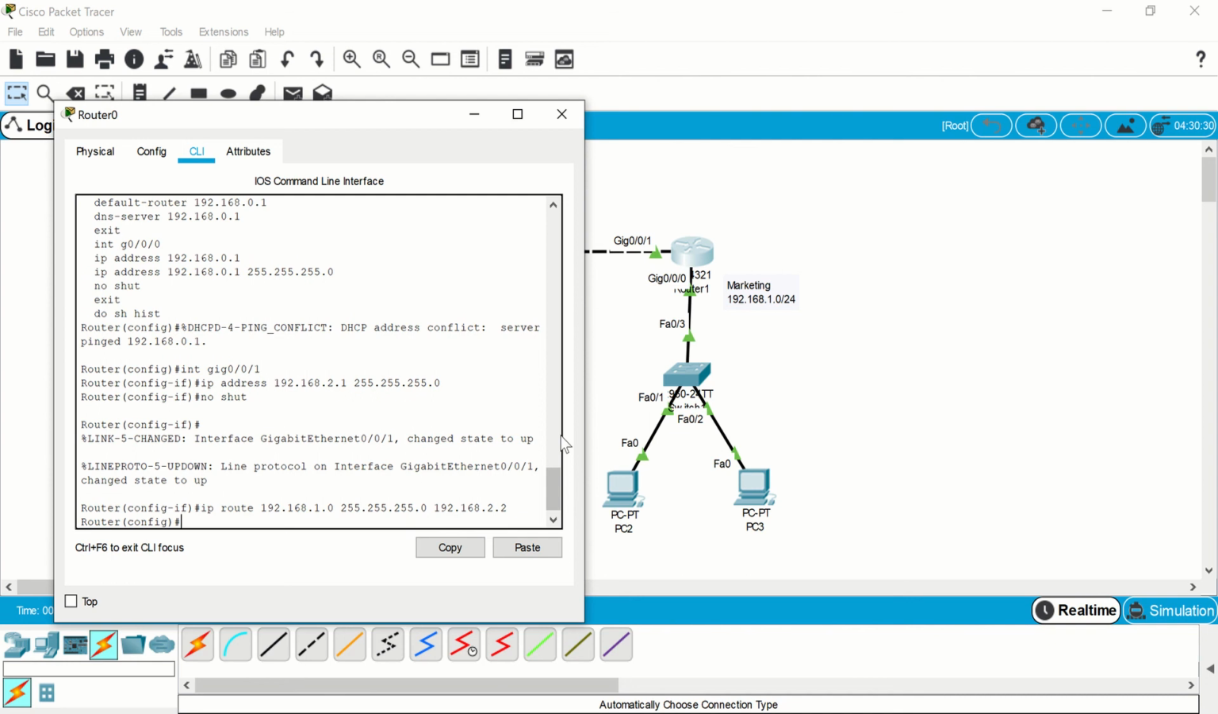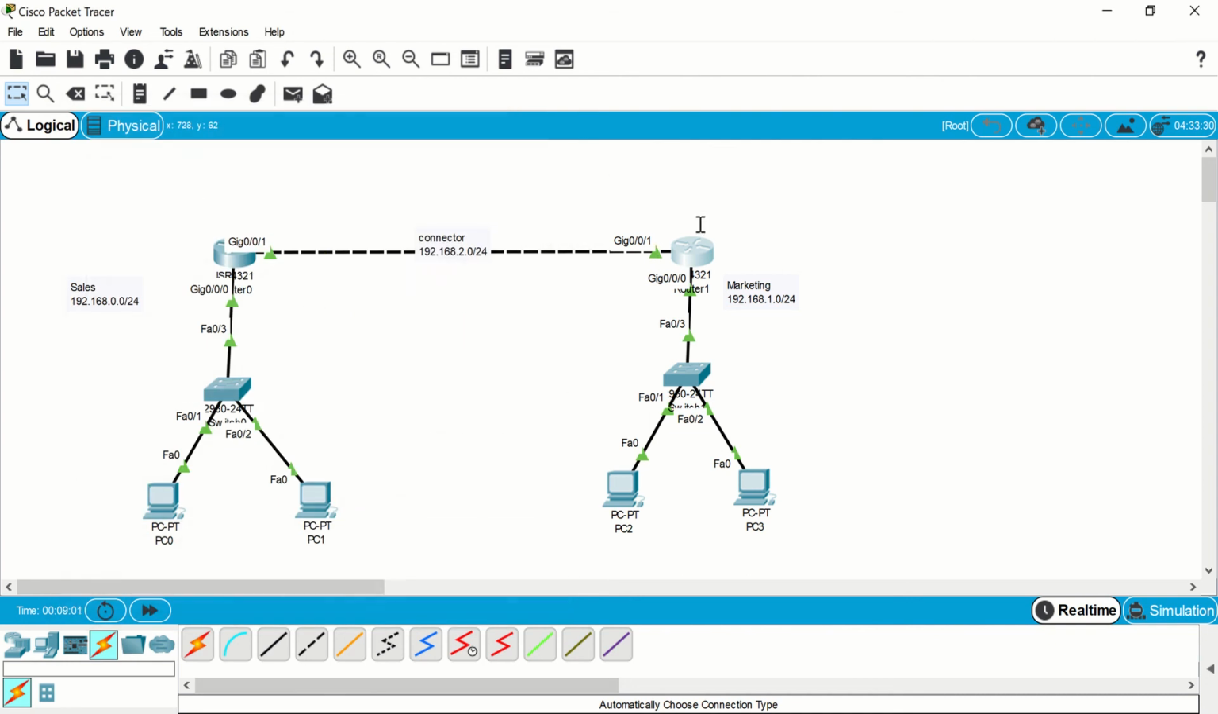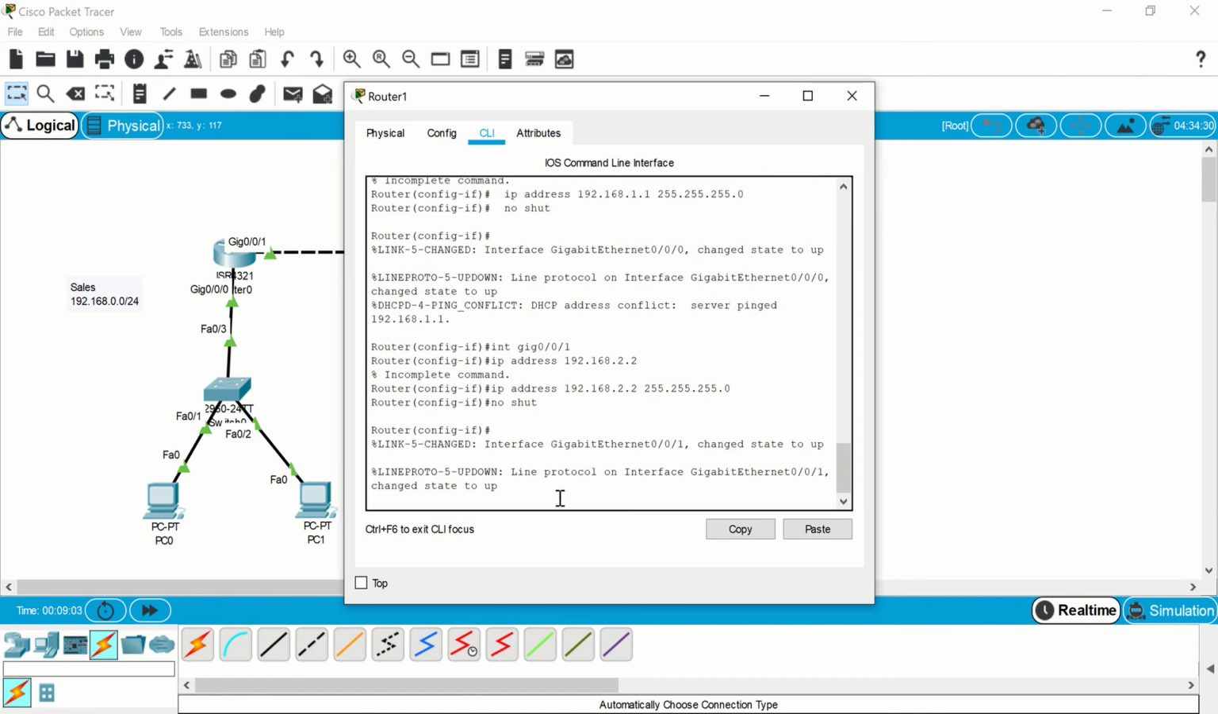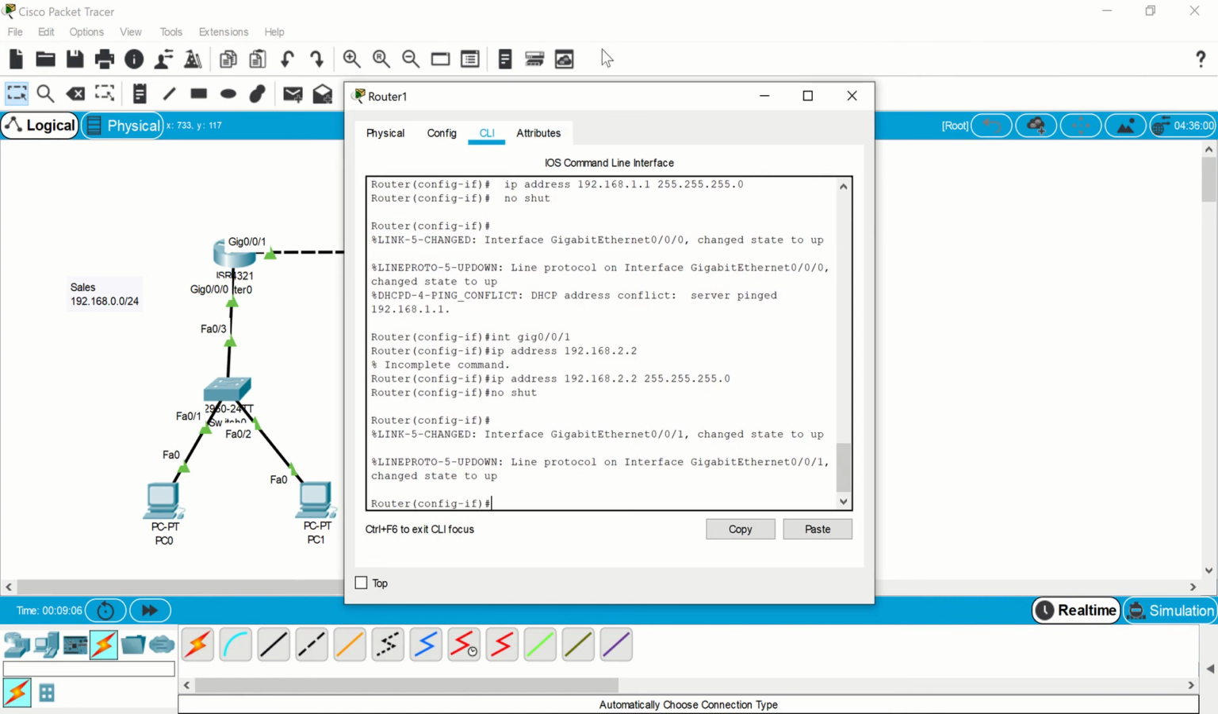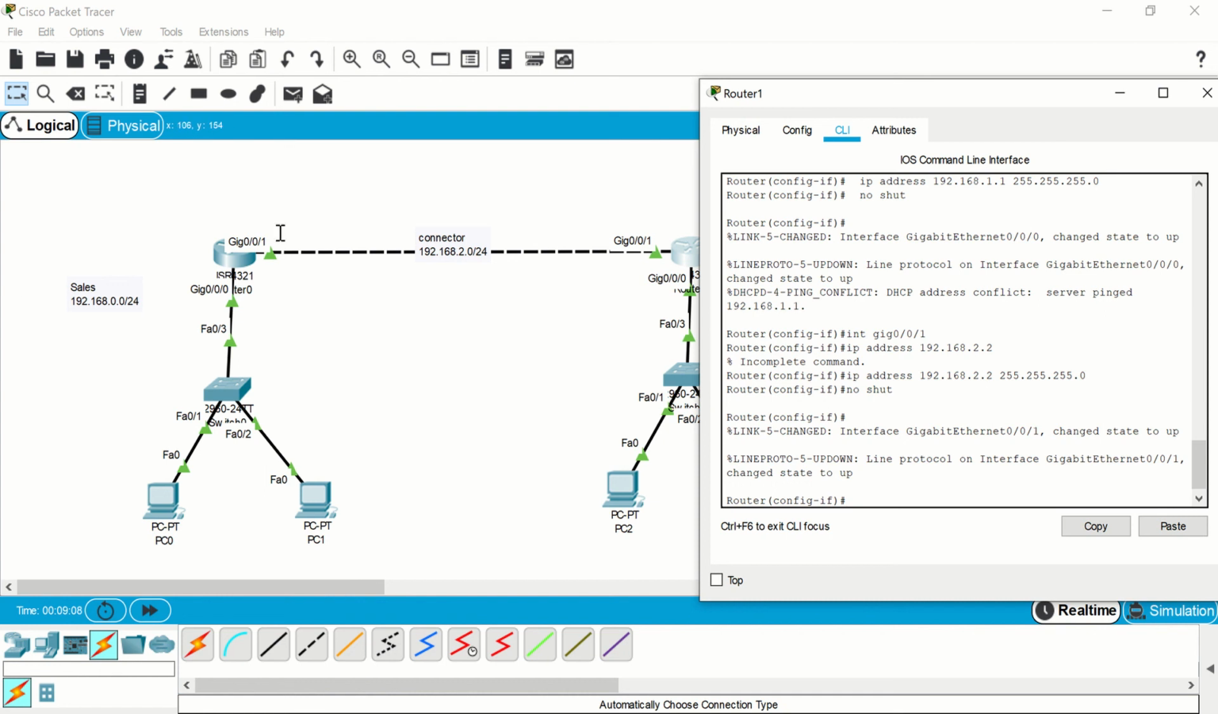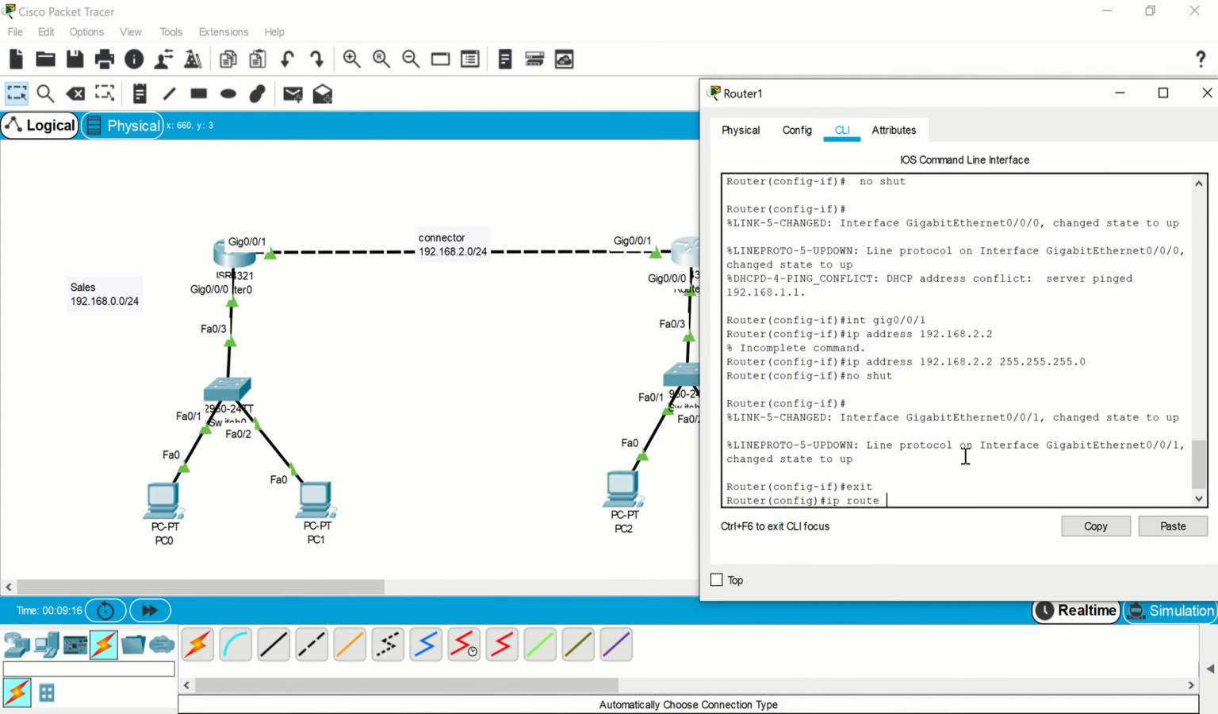Okay, now we've set up the route, but only going in one direction. So we just have to get on the other router, router 2, and do the exact same thing, going back from our marketing network to our sales network. So we'll say exit, ip route 192.168. The network that we're trying to go to is 0.0 with the subnet mask 255.255.255.0, and the next hop address of